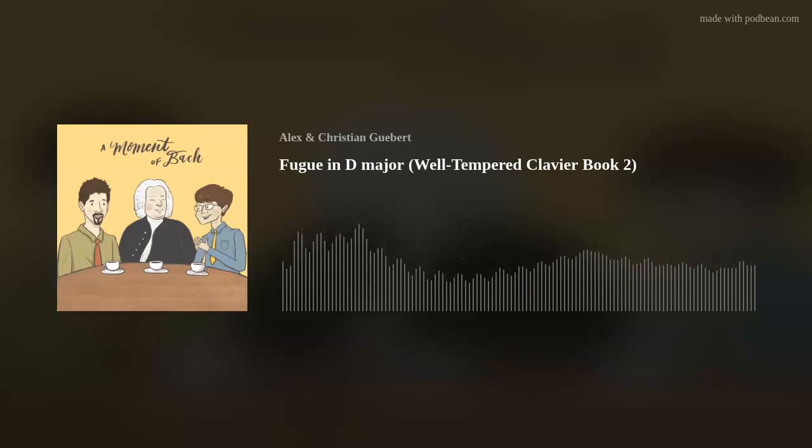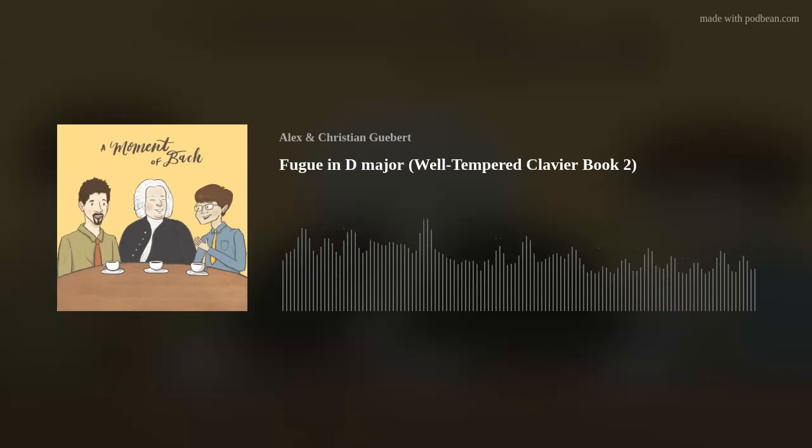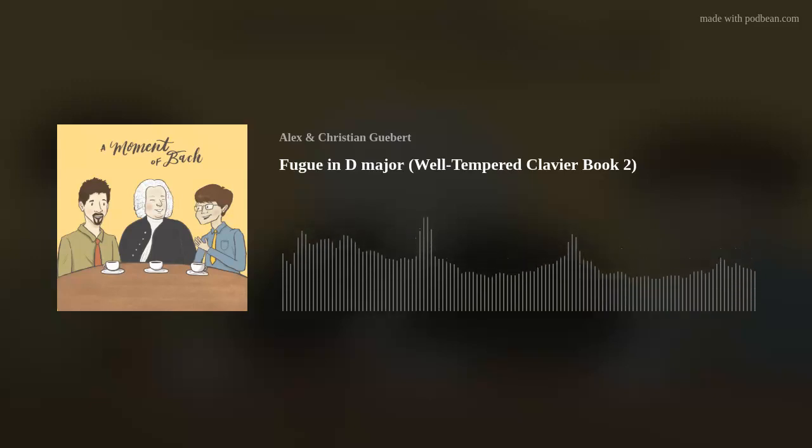Did you see that there is a quadruple stretto here, Alex? Oh, yeah. No, I didn't notice that it was happening in the alto there, because it's so hidden when you listen to it, because of the way everything's... You can't actually hear it, because there's overlapping parts, and what's on top and what's on bottom is changing every beat. It's one of those things that's almost more theoretical than real.